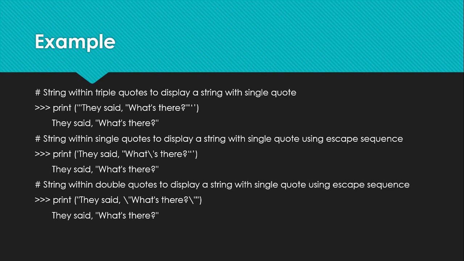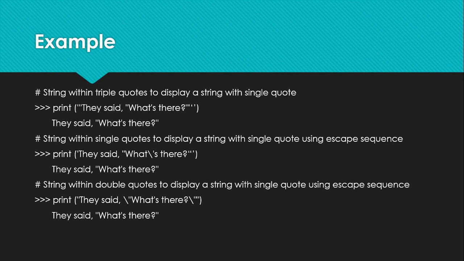Within that single quote, the line inside has an apostrophe s, and it also has double quotes data. So what happens in this case, you have to have an escape sequence, because if it is enclosed in a triple quote, it doesn't throw up an error. But since it is enclosed in a single quote, and within the single quote you're trying to use an apostrophe s and a double quote, that apostrophe s has to be with the escape sequence. So you have a backslash to represent that it is a single quote within a single quote, followed by s.